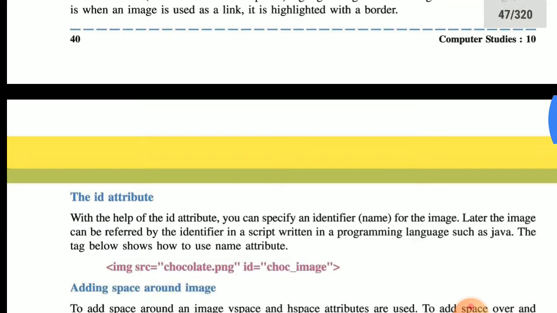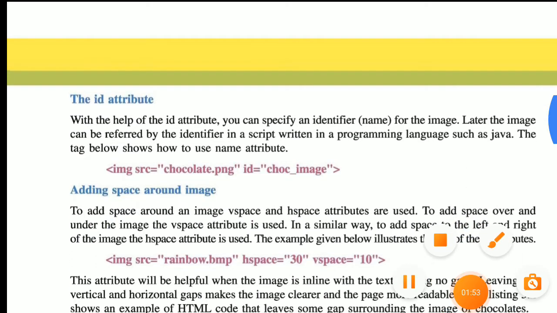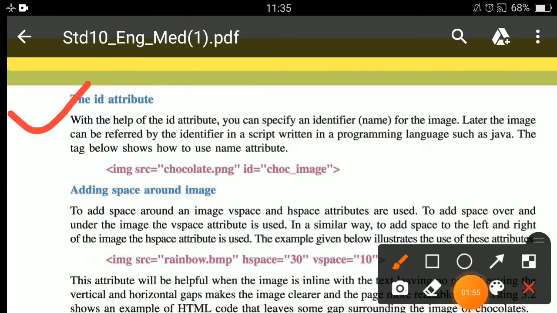Now the next attribute is the id attribute. What do you mean by id attribute? Id attribute means unique identifier. Whenever you want to give a unique id to your particular image file, at that time the id attribute is used. Now how can we define the id attribute?